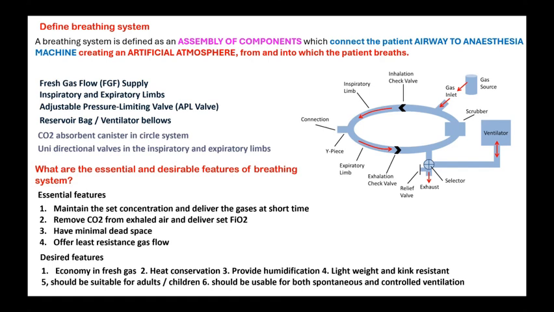What is peak inspiratory flow rate? 4 times the tidal volume. It's the speed with which the patient has to breathe in. That is called the peak inspiratory flow rate. So, in order to supply the peak inspiratory flow rate, you require a reservoir bag. If you don't have the reservoir bag, then over a period of time, the patient will become hypoxic because the gases will not reach the alveolar level. So, in order to provide the peak inspiratory flow rate, you require a larger volume than the tidal